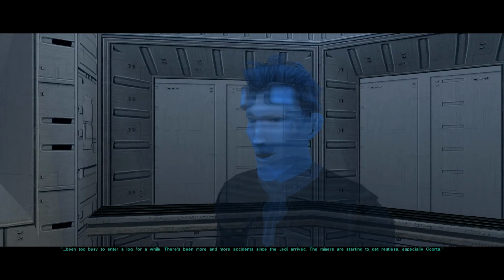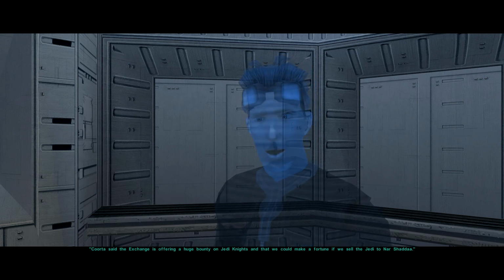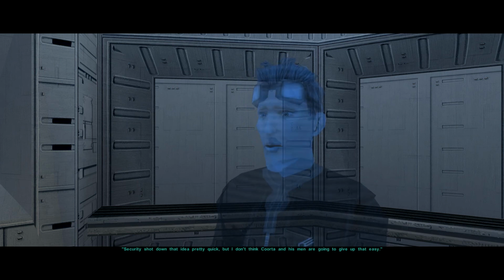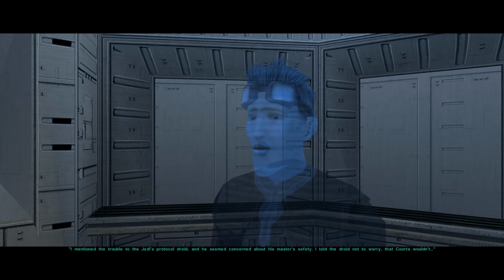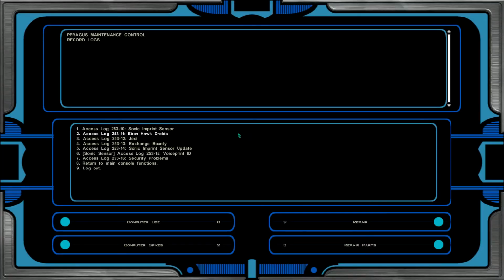Exchange bounty. Been too busy to enter a log for a while. There's been more and more accidents since that Jedi arrived. The miners are starting to get restless, especially Korta. Korta said the exchange is offering a huge bounty on Jedi Knights and that we can make a fortune if we sell the Jedi to Nar Shaddaa. Security shot down that idea pretty quick. But I don't think Korta and his men are gonna give up that easy. I mentioned the trouble to the Jedi's protocol droid, and he seemed concerned about his master's safety. I told the droid not to worry. Korta wouldn't...